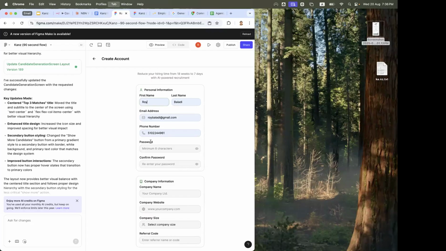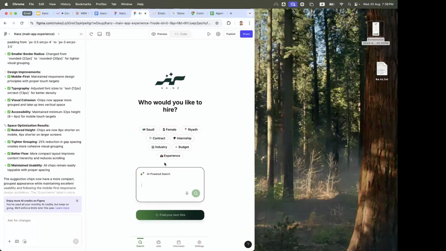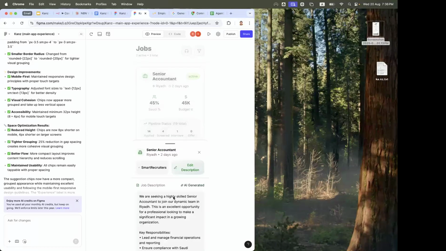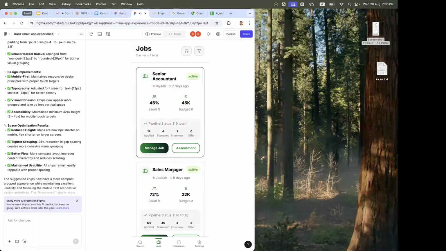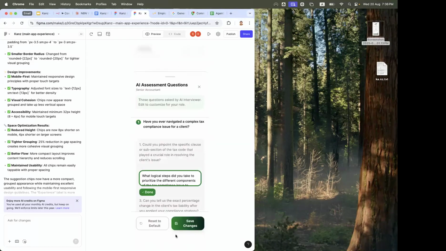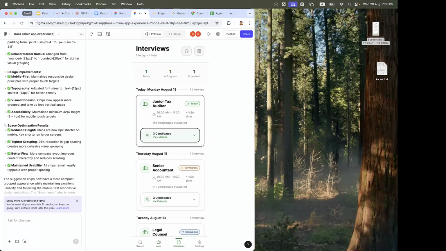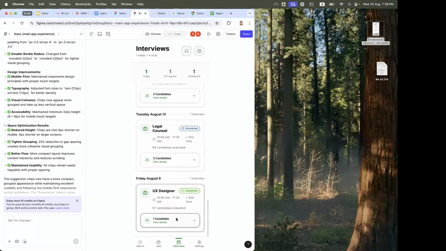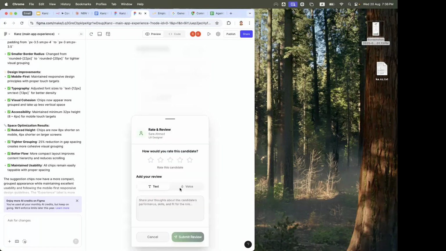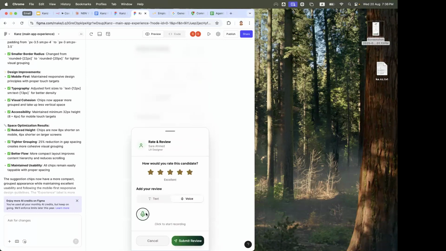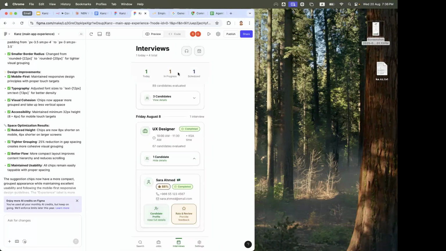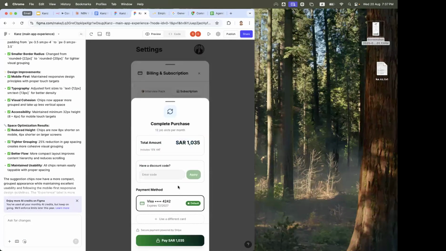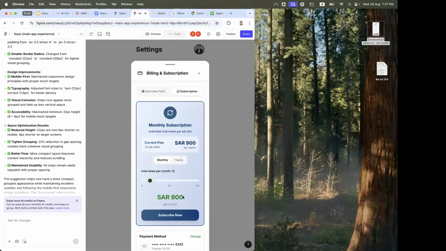And then once you log in, we just separated this into 2 files. You can go to your jobs. You can manage the job description. You can generate a skills assessment. You can see your upcoming interviews, who you're going to meet, when you're going to meet them, what the interview guide is, what are the questions to ask, and what to look for. And you can see past interviews, rate them, all of this through voice note or however you want to do it. And then you can subscribe and pay, and the app is there. All of a sudden, you've automated recruiting.